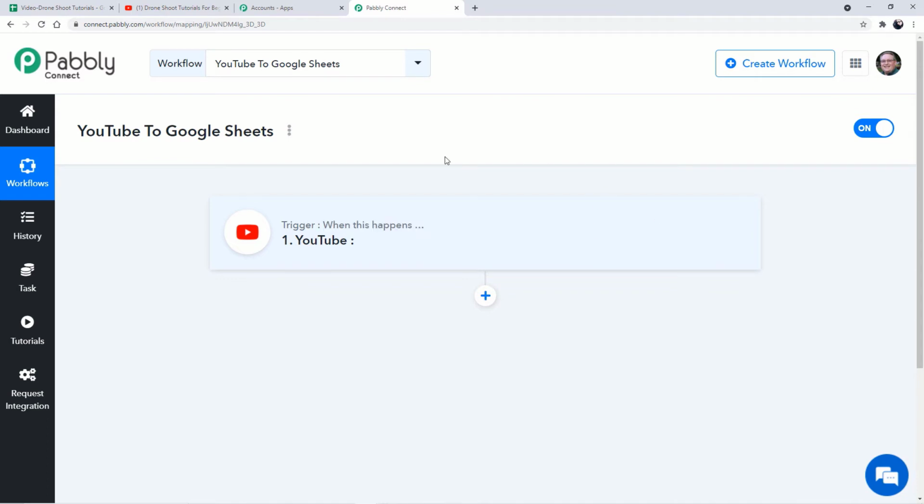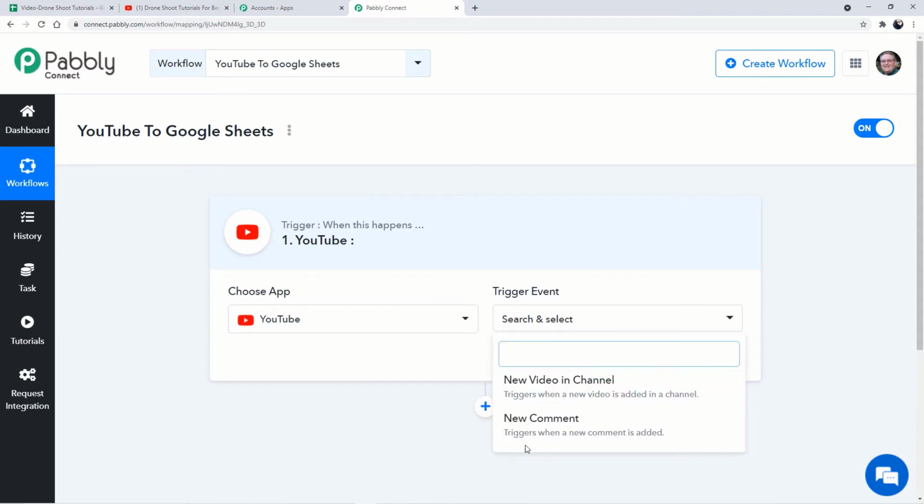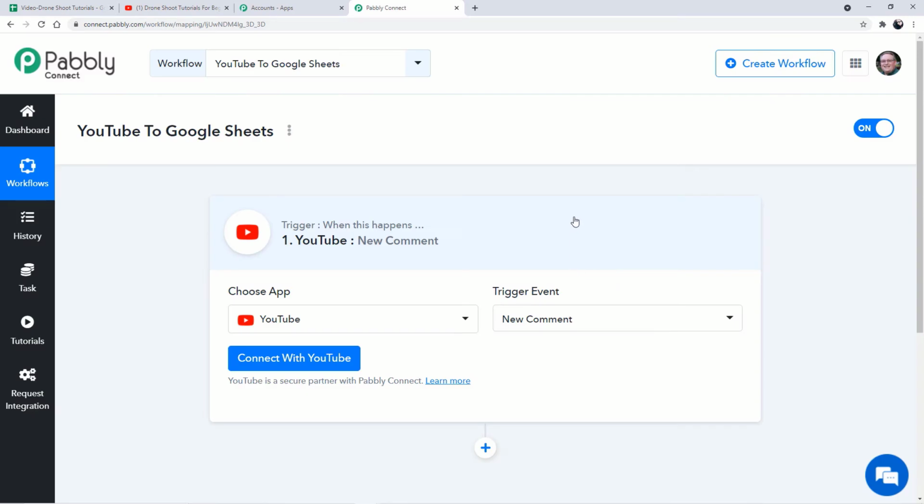So connecting it with our use case today is whenever there's a new comment added in YouTube video, that comment will be automatically added in Google Sheet. And that is why what we are going to add at trigger event here is new comment. Now, in case you want more trigger events or action events of your choice, you can simply click add request integration, and you can request any sort of trigger event and action event of your choice or the specific one that you think should be added here.